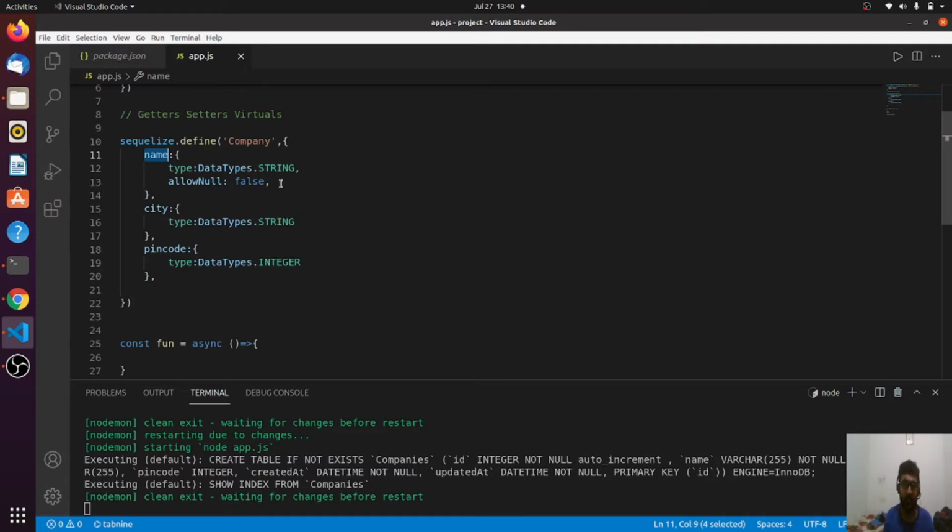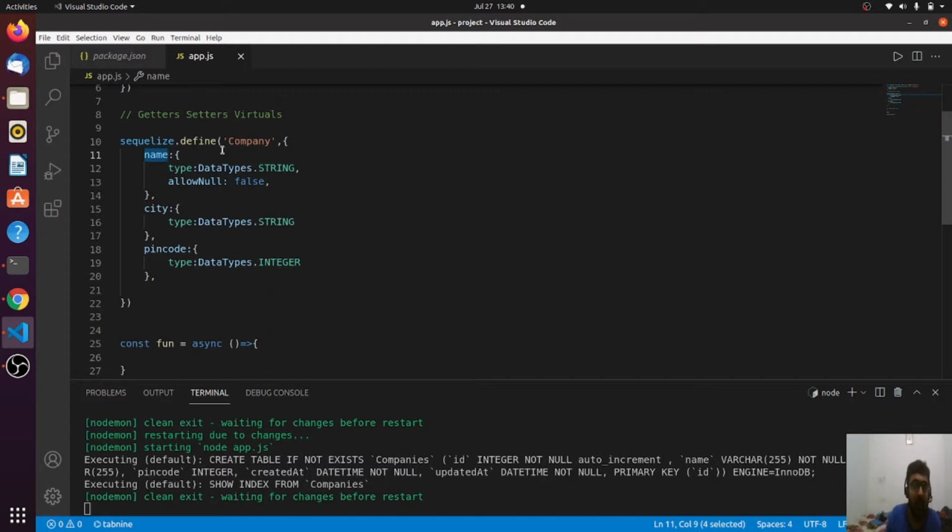Similarly, if I want to customize that whenever somebody tries to set, it should not be set to whatever the user comes up with. I want to set it in lowercase always. I want to set it with something attached to some field. So in such cases, we can define a set method.